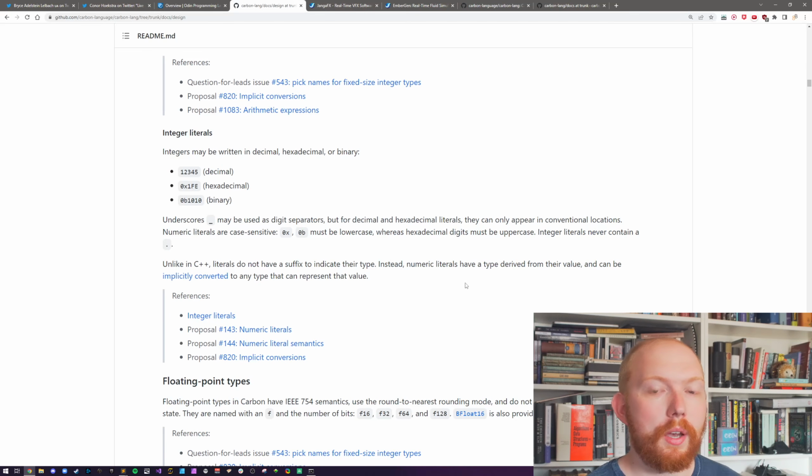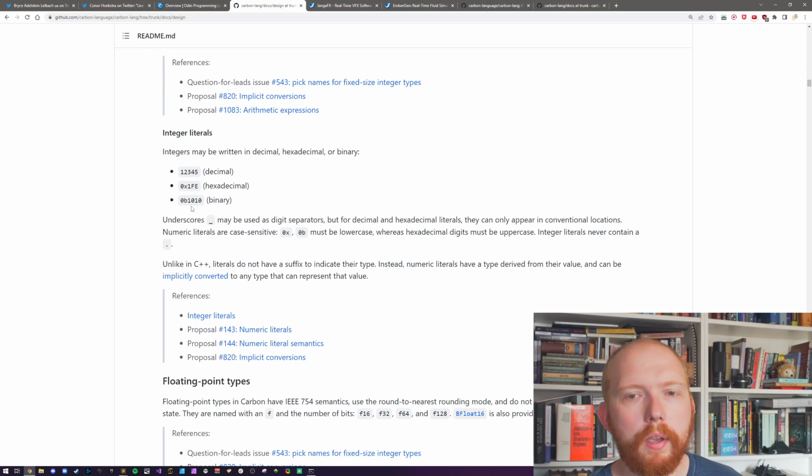Integer literals. So decimal, hexadecimal, and binary. Interesting they're not doing octal in there. That's fine. Yes, they do underscores. Octal, I would have put an O in there. That's fine. It's a little low, but it doesn't matter. I haven't done that. The only time I need octal is when I'm dealing with Unix, like permission modes and such. That's pretty much it. But it's still useful from time to time.